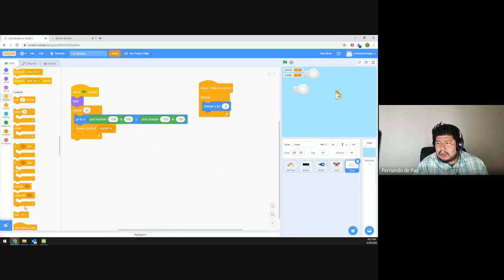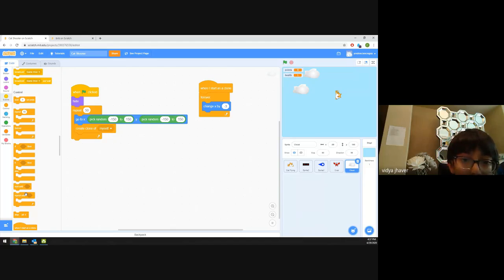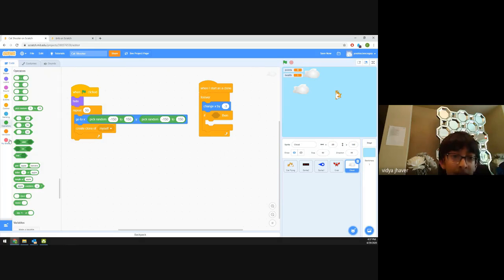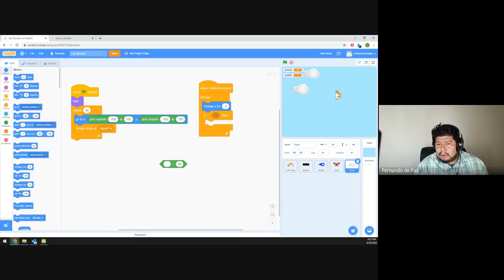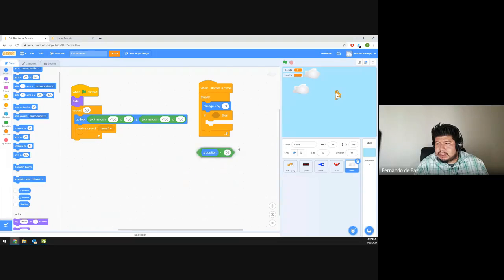So here I'm going to say if x is less than the motion. So if my x position is less than negative 235,